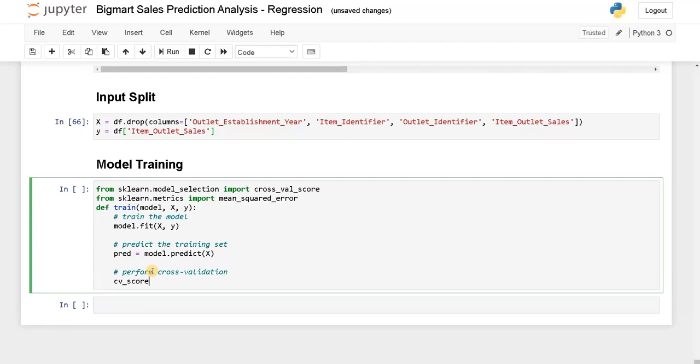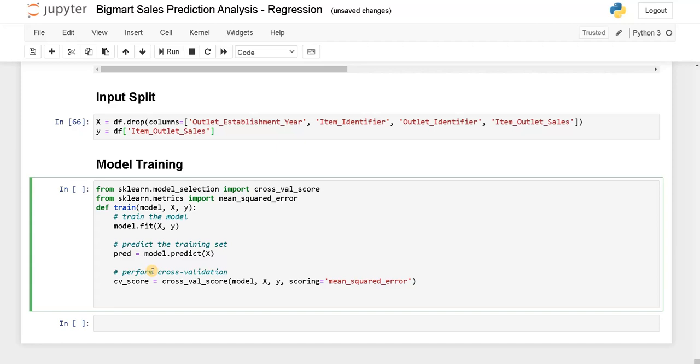CV score equals cross val score. Again, the model comma input and the output. The scoring function, scoring equals, we are using mean squared error, right? So mean squared error. Based on that, it will give us a score from cross validation.